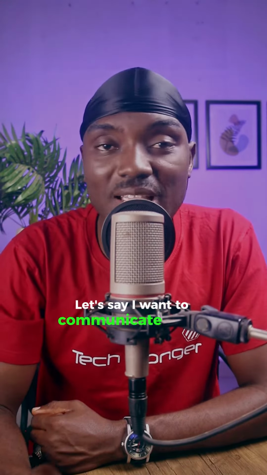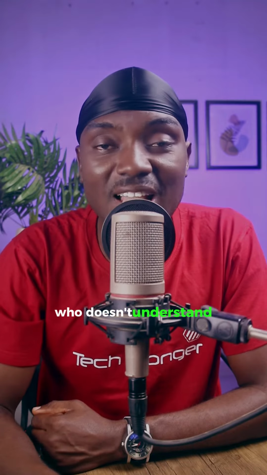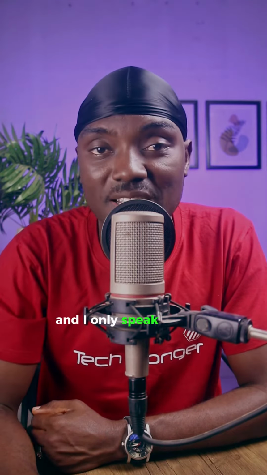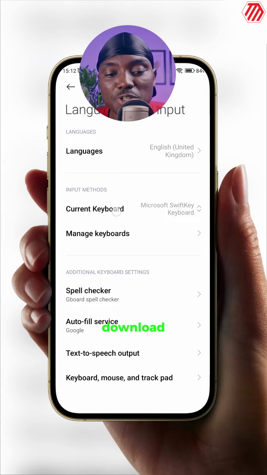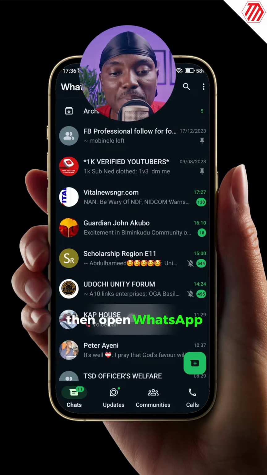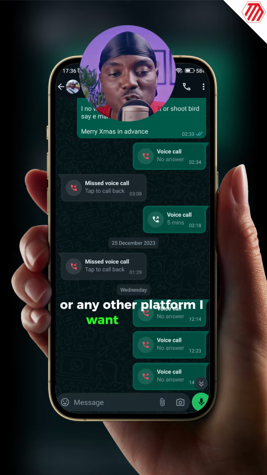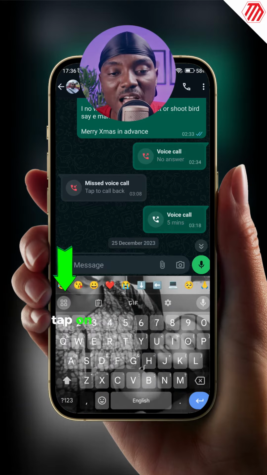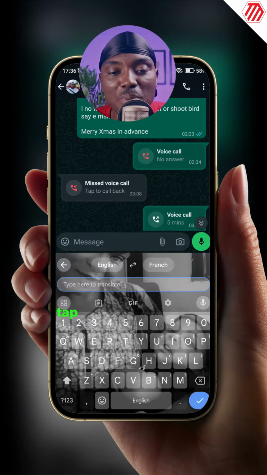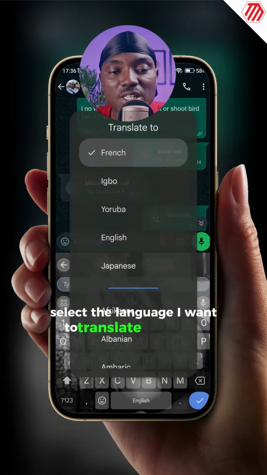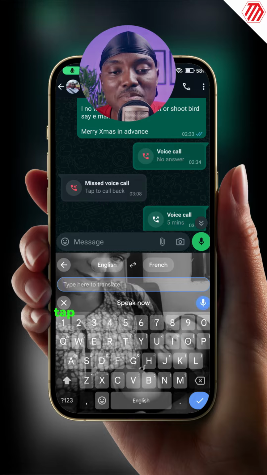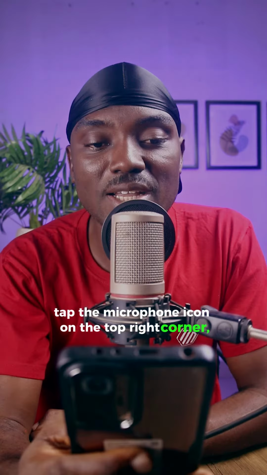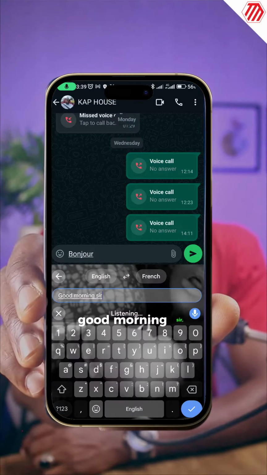Let's say I want to communicate with a French person who doesn't understand English and I only speak English. All I have to do is download Gboard and set it as my default keyboard. Then open WhatsApp or any other platform I want to use to communicate. Tap on the icon at the left, tap on Google Translate icon, select the language I want to translate to and from, tap the microphone icon at the top right corner and say: